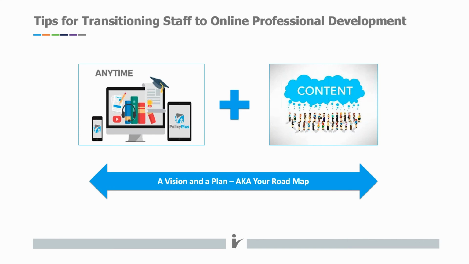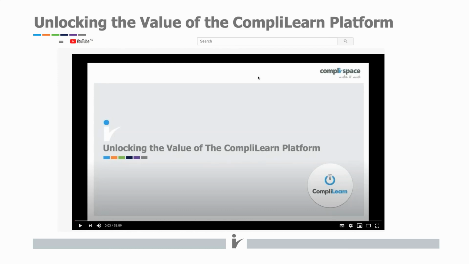Your CompliLearn portal provides the centralized ability for admin access, reporting, incorporating multiple types of training, and making your own content, which we know at schools you absolutely do a lot of. Then we've got the high quality learning content, which can be face-to-face or online, and it's vital to have a combination there for your staff engagement and really effective learning, underpinned by your vision and plan.